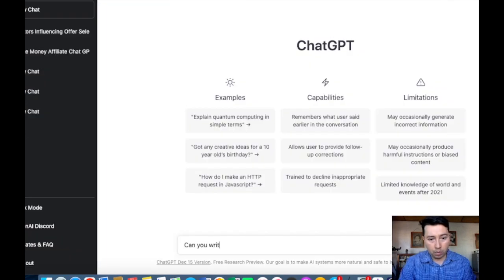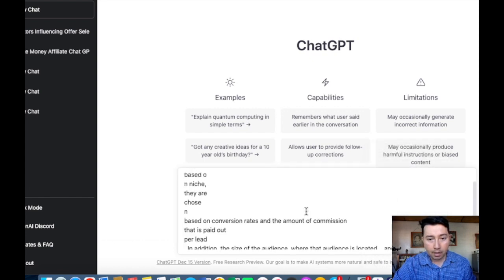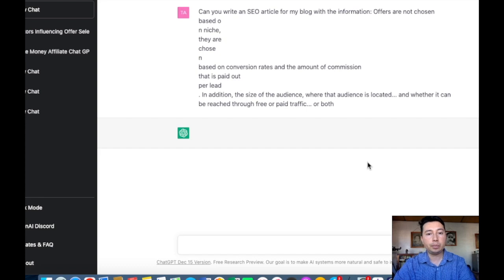Can you write an SEO article for my blog with the information? Then I'm going to paste the information of the first step of the 1 2 3 profit system, and I'm going to click enter. ChatGPT is going to generate